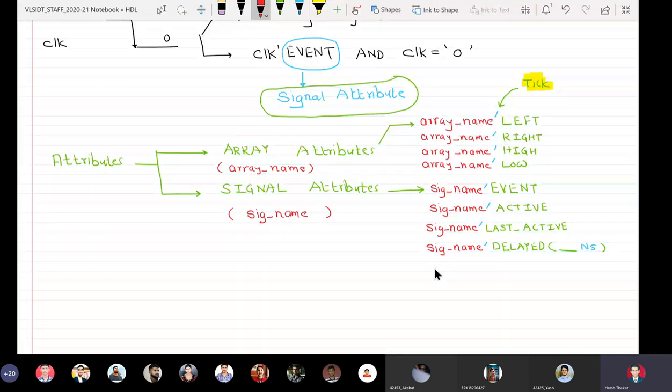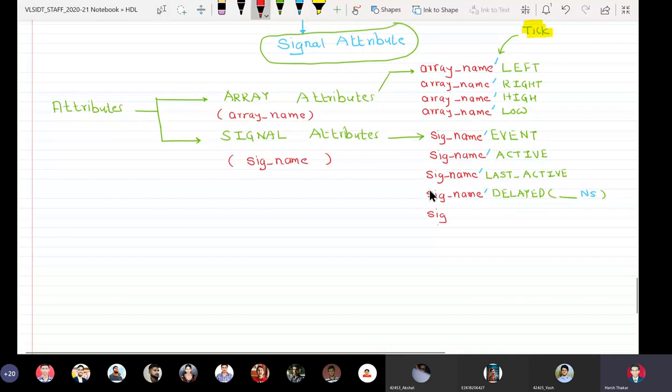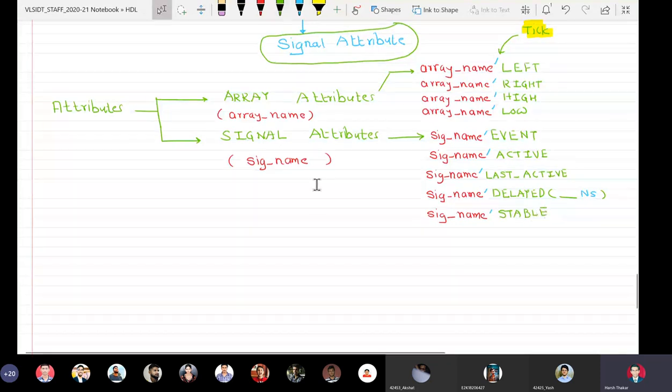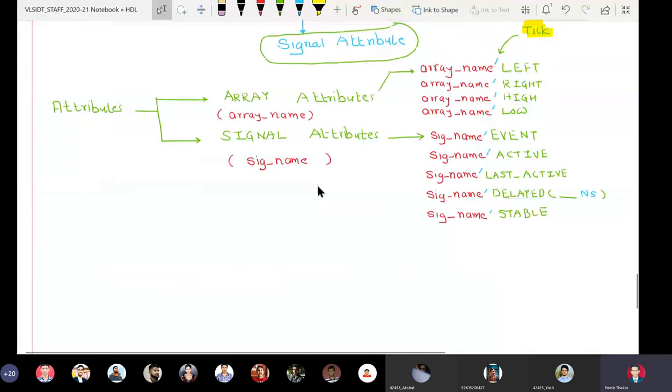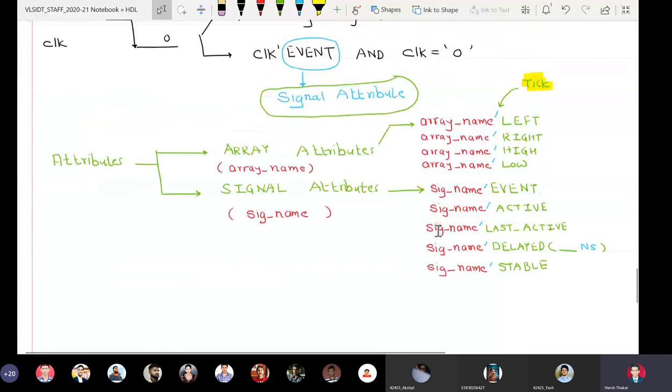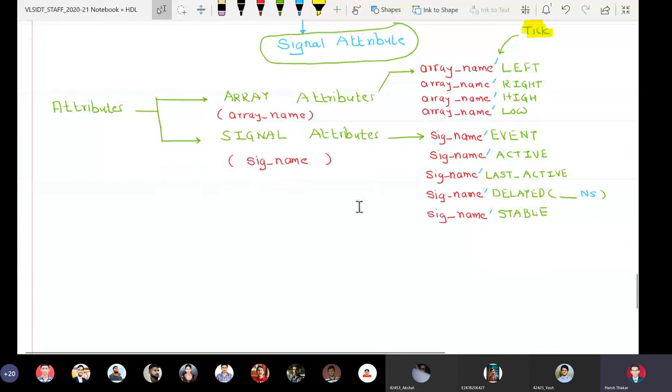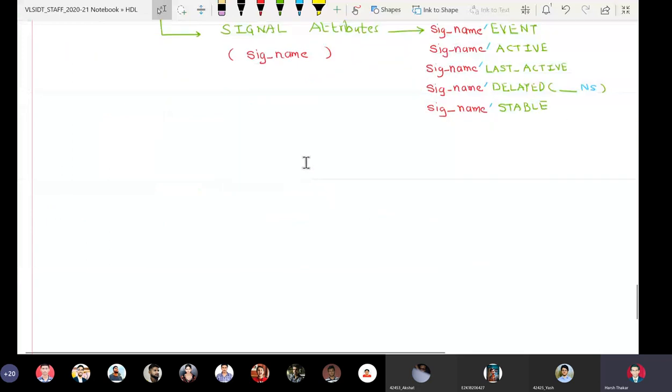And then we have signal_name tick stable. So we will be taking examples of different kinds of arrays and signals to explain all these 9 kinds of attributes.